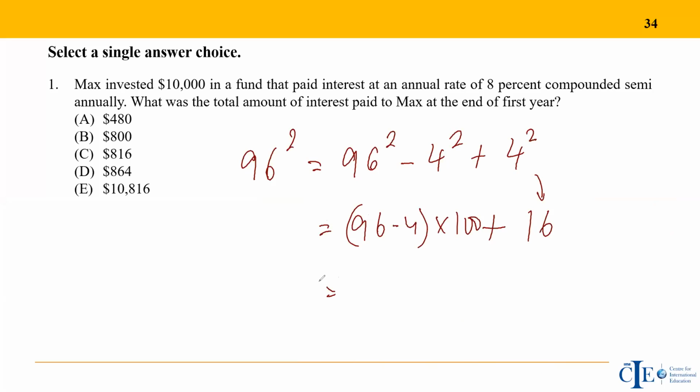So in this case, if the number is smaller than 100, you will not add to the number, you will actually subtract from it. Like in the previous case, you were adding to the number, right? 104 plus 4, if it was greater than 100. In the case of lesser than 100, you will subtract. 96 minus 4, which would be 92 and 16. Is that clear? So that is how you can calculate the squares of all the numbers smaller than 100 and closer to it.